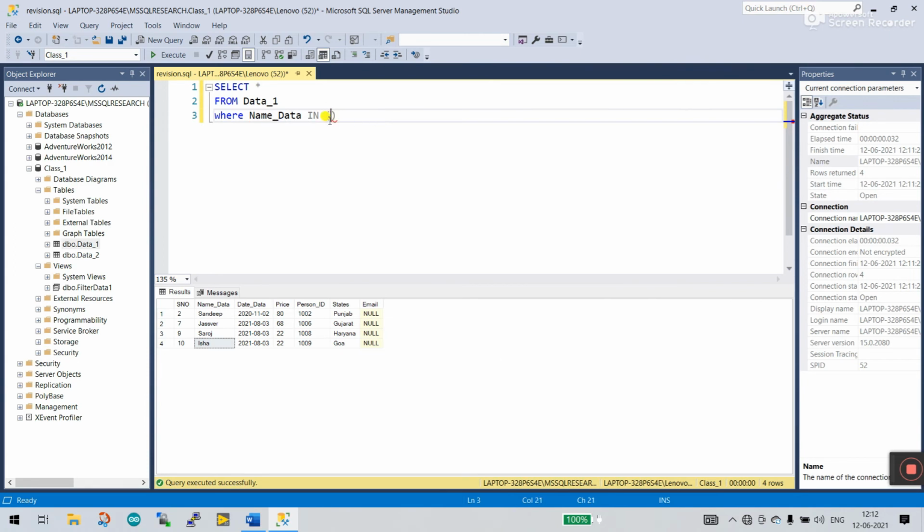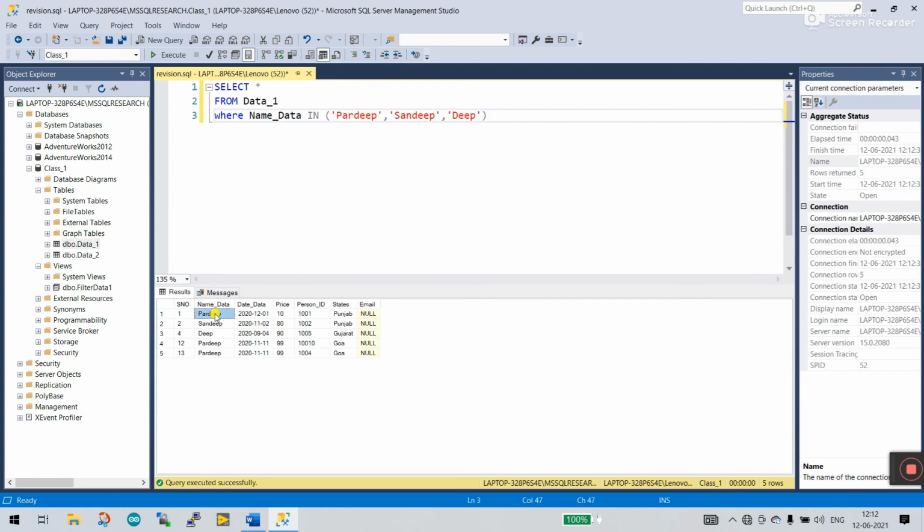And you need to enter values as per need, like if you have multiple names, I enter here first Pradeep, comma Sandeep, comma Deep. Now let's click execute.